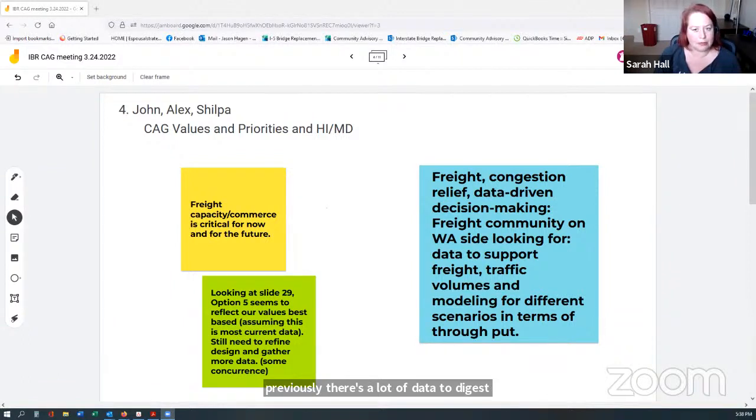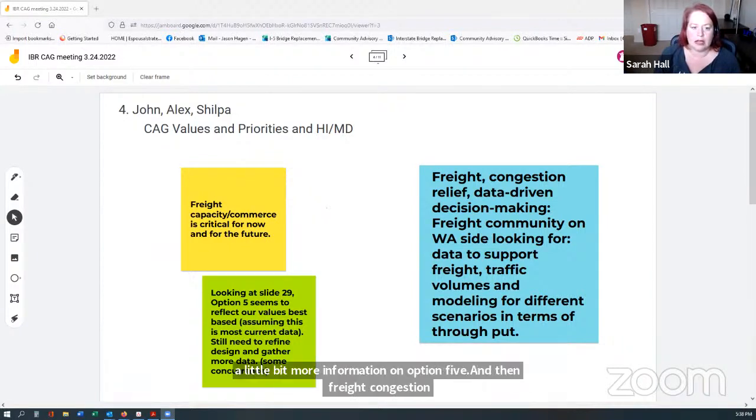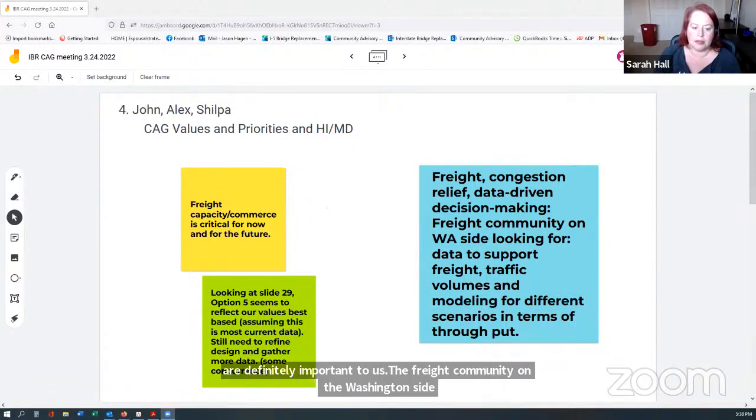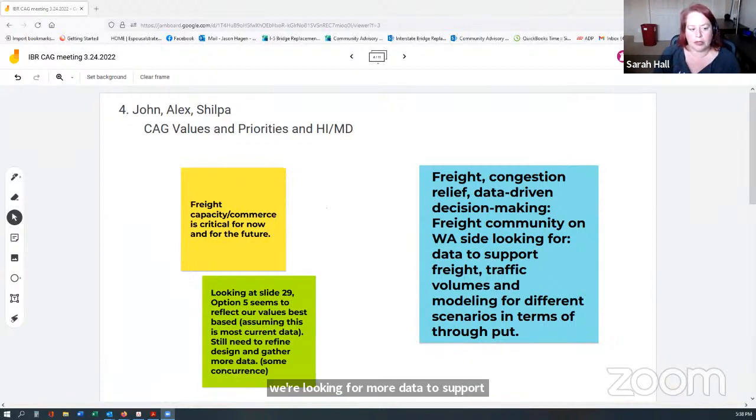I guess maybe we're still waiting on a little bit more information on option 5. And then freight congestion relief, data-driven decision-making, those are definitely important for us. The freight community on the Washington side was looking for more data to support freight and traffic volumes and modeling for different scenarios. We also talked a little bit about the environmental impact and the impact to the community,